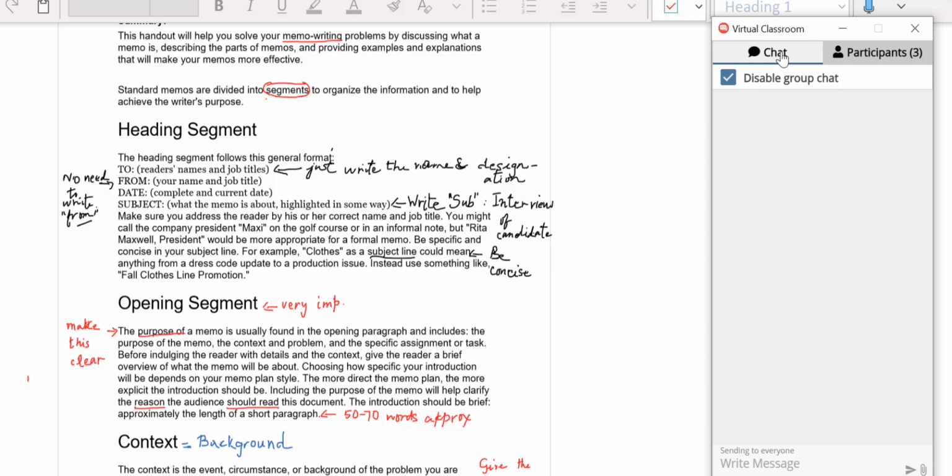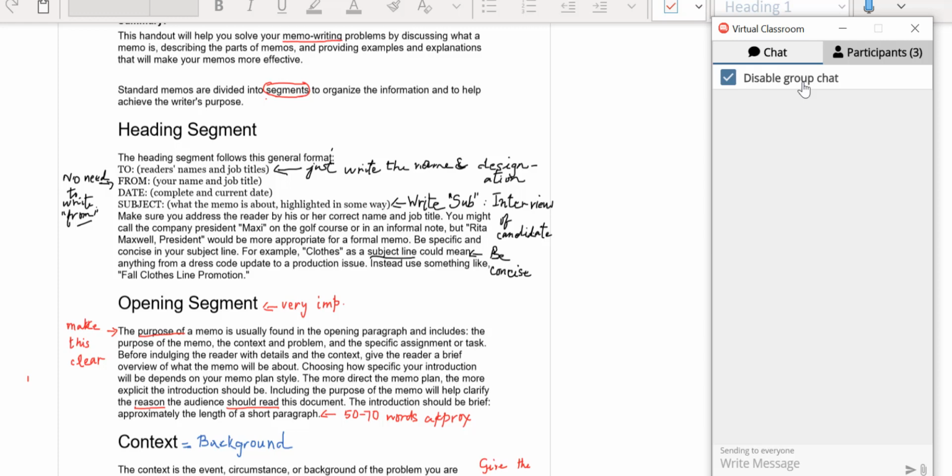Please note the studio team will be responding to the queries in the chat section only. So important thing to note is always make sure that the group chat is disabled as soon as you log into the live class, because we do not want the students to discuss among themselves and create a problem in the class. Hence, make sure that the group chat is always disabled. By default, it will come as disabled, but we also request the faculties to check once before they start the session.